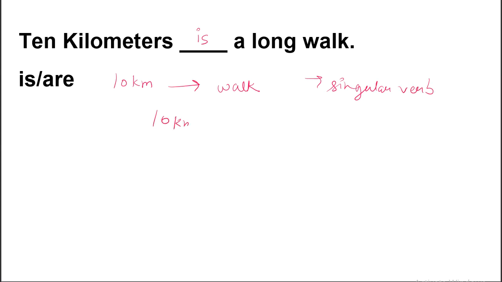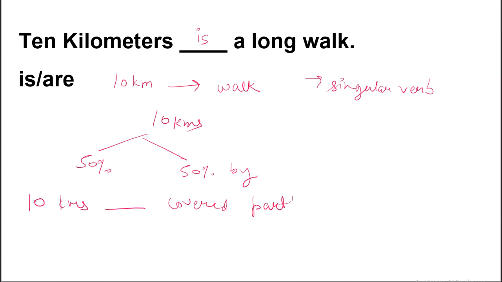However, if I am covering this 10 kilometers in two different ways, means 50% I am covering by walk and 50% by transport, any means of transport you can use, then you have to use the plural verb. For example, I can frame a sentence for you: 10 kilometers dash covered partly by foot and